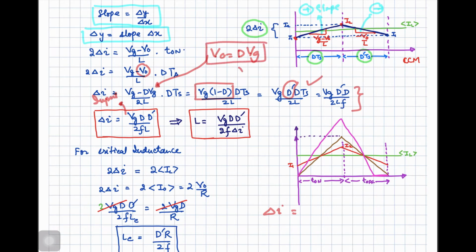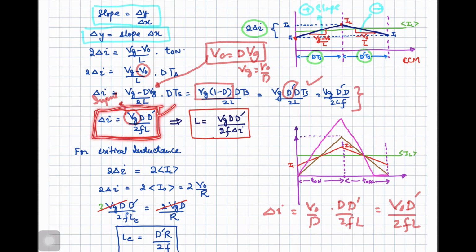So Vg will be equal to V naught by d. So if I write it in terms of that, I can write V naught by d, replacing this Vg, into d prime by 2fL. So d and d prime will be cancelled out. So V naught into d prime divided by 2fL. So you can also express your delta I in terms of the output voltage. So this is going to give you the ripple current, and this is the analysis equation. If you know the circuit parameters, you can analyze what will be the current ripple in the inductor current,